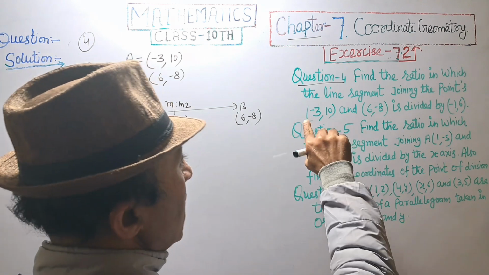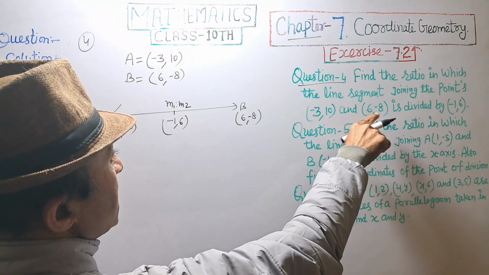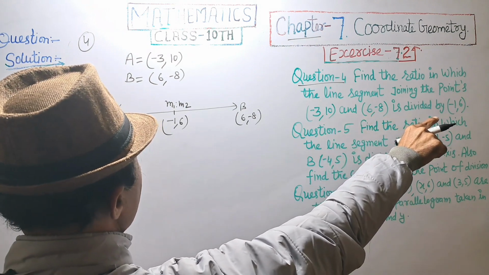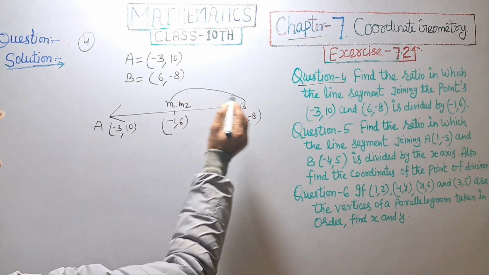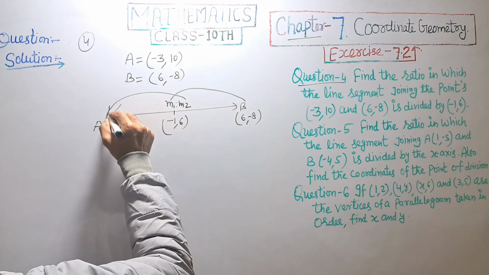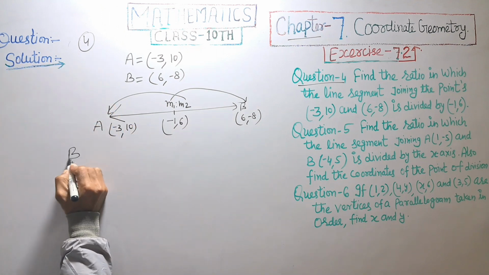Find the ratio in which the line segment joining the points (-3, 10) and (6, -8) is divided by (-1, 6). By section formula,